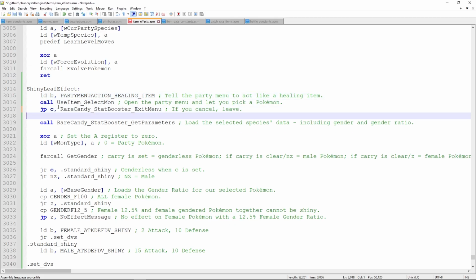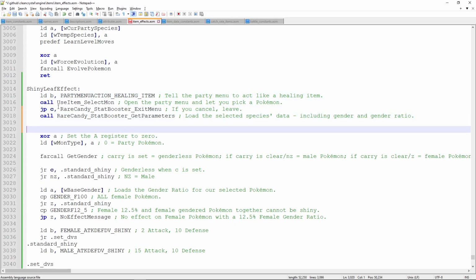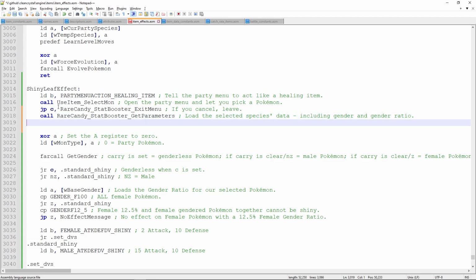This first part we can group up together. This is the standard opening for any item in the bag which is going to have an effect on your party Pokemon. So we load in the healing item, which tells the menu to act like a healing item. We open the party menu to pick a Pokemon. If we cancel, then we leave and do nothing. If we don't cancel, then we're going to load the selected species data, and importantly for us, the gender and